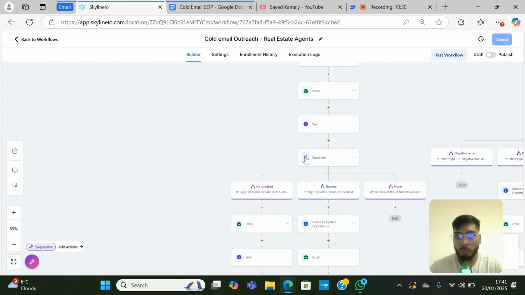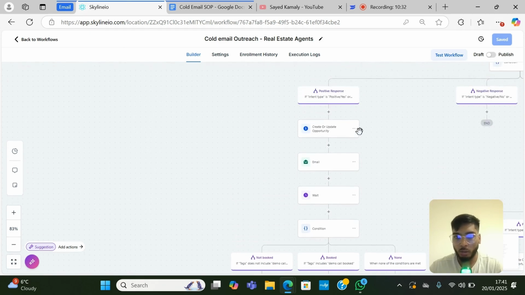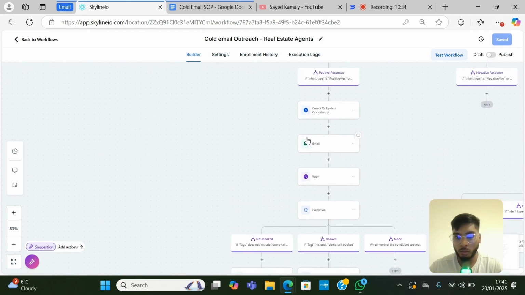Now we've got a separate branch of conditions that happen when someone gives us a positive response. If someone gives us a positive response, we're not going to just send them one email and expect them to book an appointment straight away. We don't expect them to just book an appointment on the spot. Some people will forget. Some people will see that positive email that we send them and say, okay, let's book an appointment, and they won't do it straight away. So we want to stay in touch with those people. We don't want to let any leads slip through